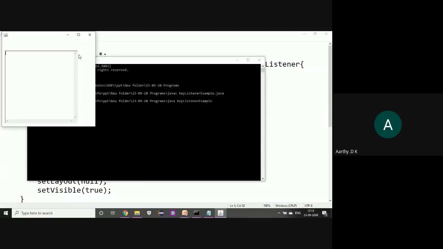Now when I press something, above you can see that key is released, key is typed, key is pressed, all these kinds of things. Whatever I am doing, the key is released. Now I'm just typing. If I'm holding on, it will say key is pressed. All those kinds of events are getting handled. So this is about the